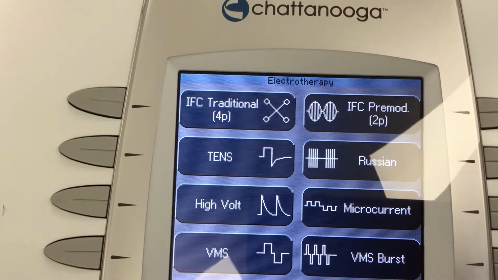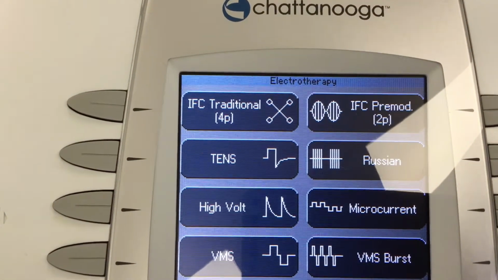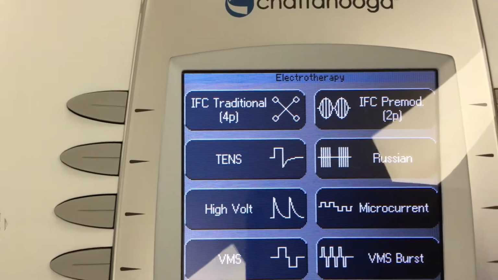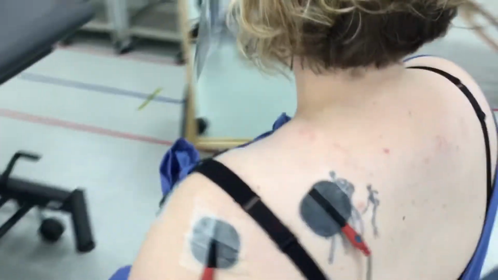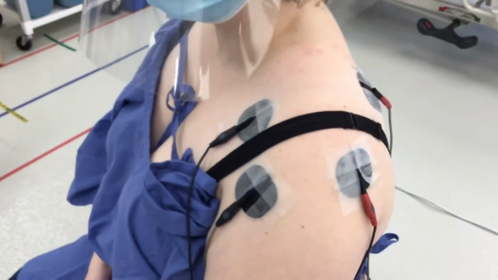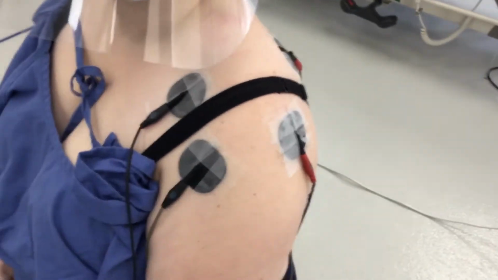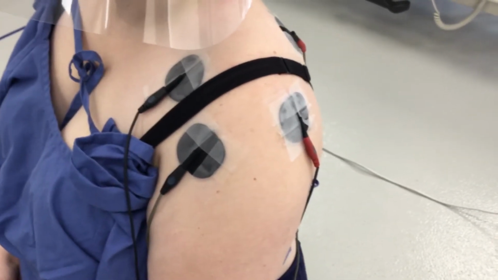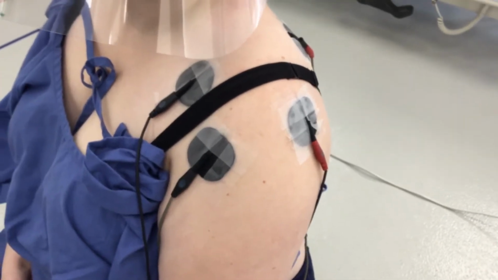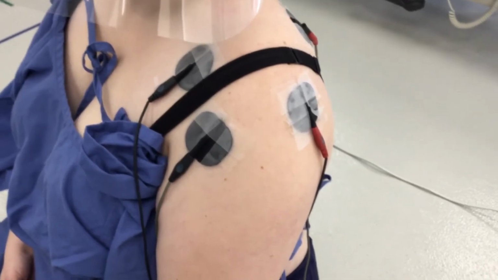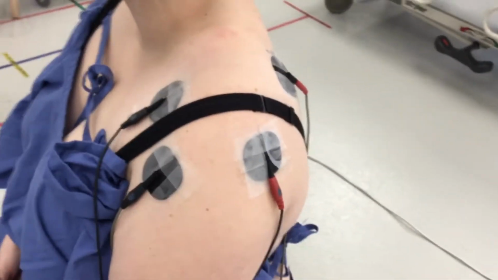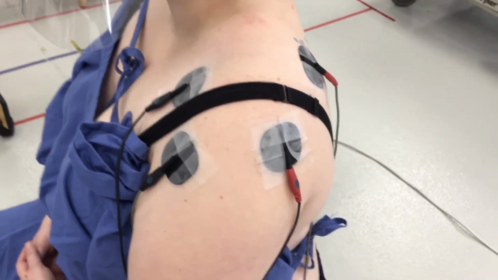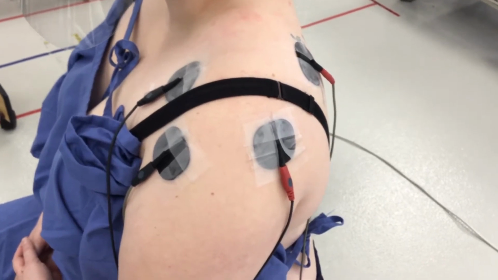In this video, we're going to demonstrate how to apply and set the parameters for interferential current. Okay, so we have our lovely Miss Layla all set up for quadrupolar interferential. Layla has perhaps capsulitis. She has a shoulder that has quite a bit of pain in it, and we want to get to the structures that are causing the pain, and they're deeper. So this is one way to get a deeper and a larger area to address the pain,